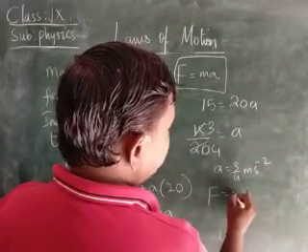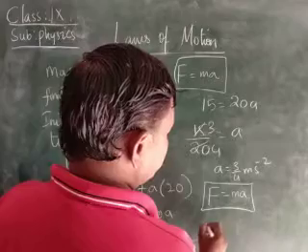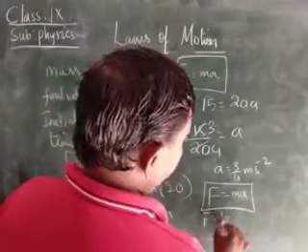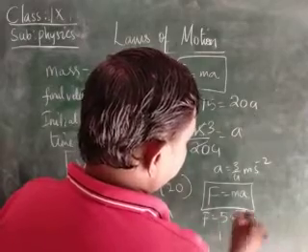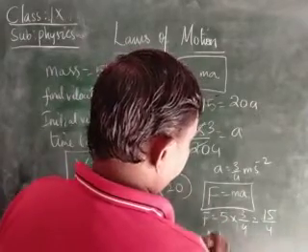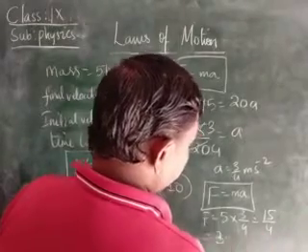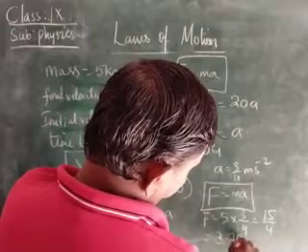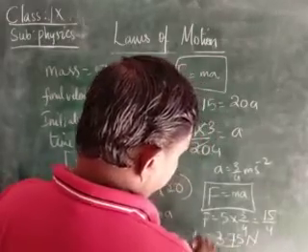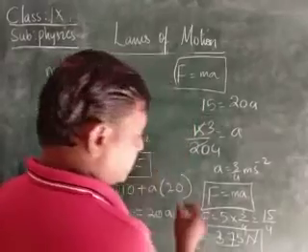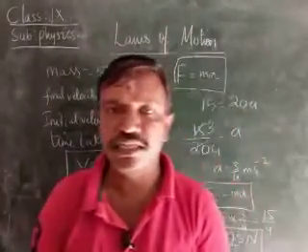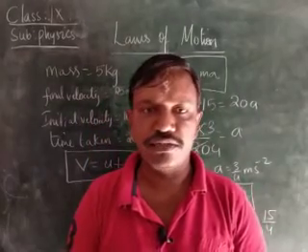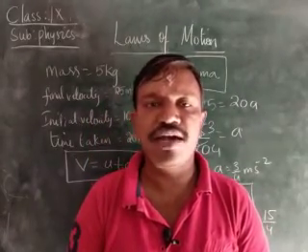Now he is asking to find out the force. F is equal to, mass is how much, children, here? 5 into 3 by 4, that is equal to 15 by 4. 15 by 4, that is 4 3s are 12. 12, that is 15, 4 7s are 28. 4 5s are 20. Therefore, 3.75 Newton, children. Children, in the textbook it is given as 5 newtons, but it is a wrong answer. It is 3.75 newtons, children. Okay, children, it is 3.75 newtons.